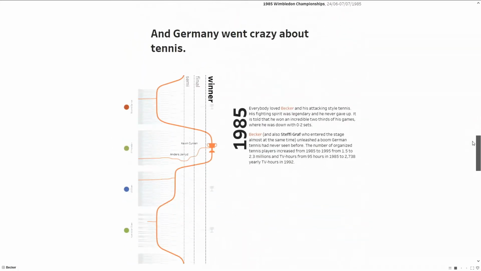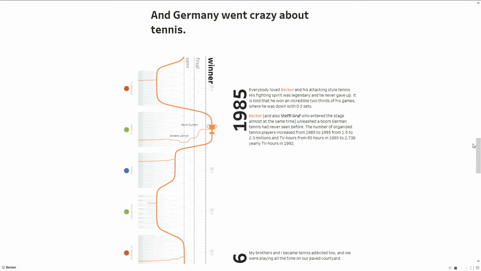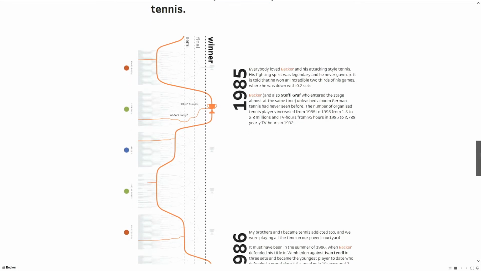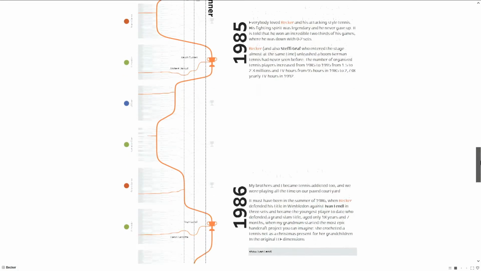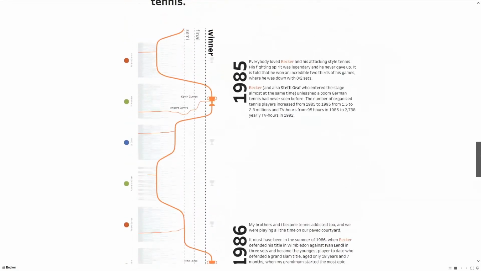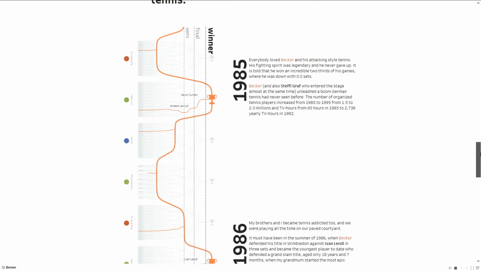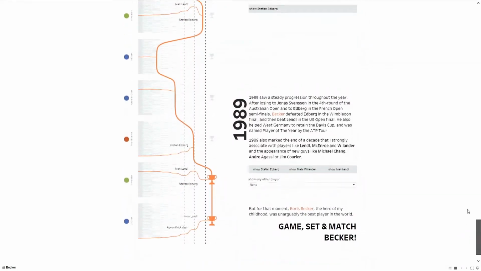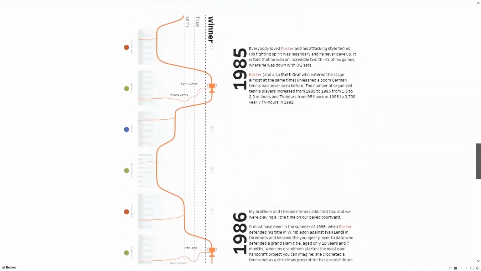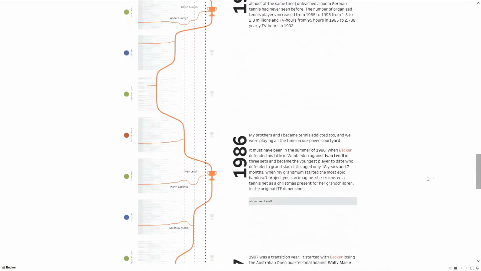Finally, we went a bit crazy because we decided to visualize Boris Becker's rise in all the tournaments he played in. So we built a vertical bump chart on top of the horizontal tournament charts. We visualize the rise of Boris Becker from 1985 to 1989 in this visualization. And my favorite feature is that we implemented set actions